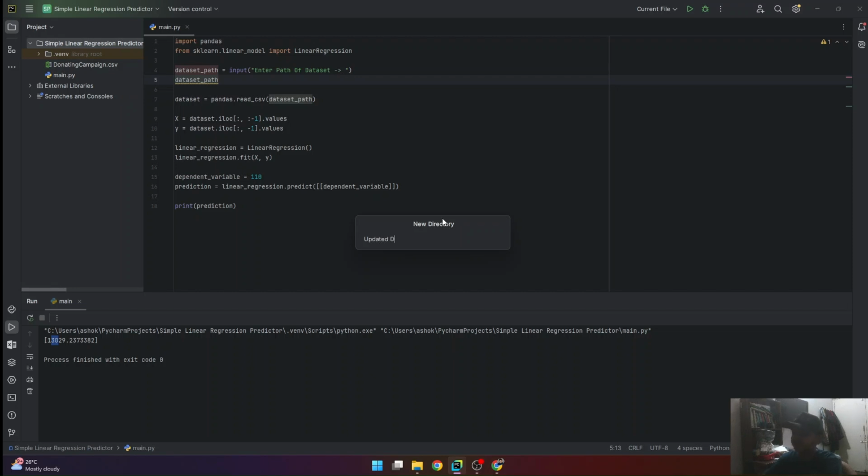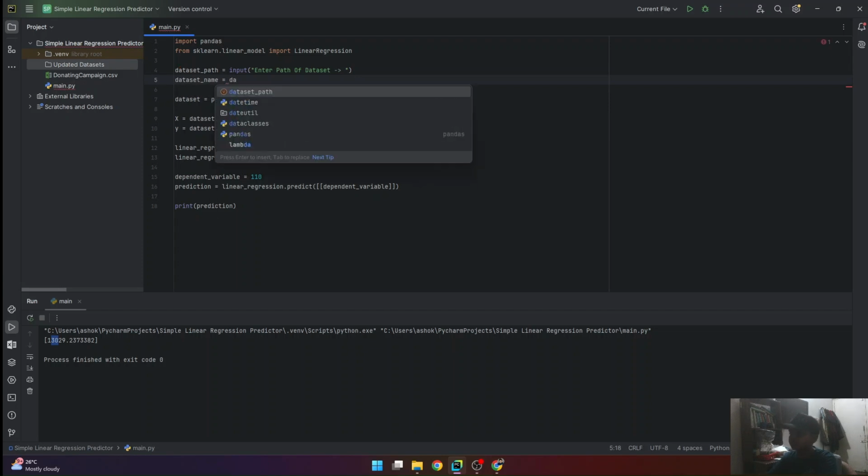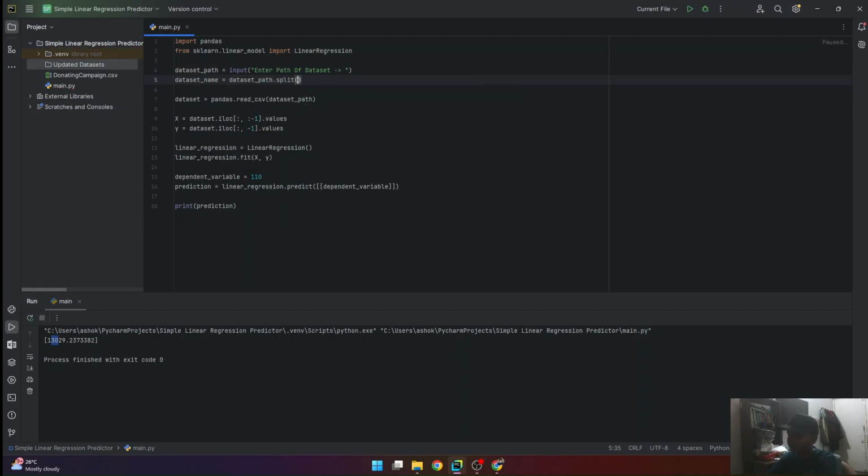Anything updated datasets. So we can say that the name of the dataset would be dataset path dot split by the backslash.